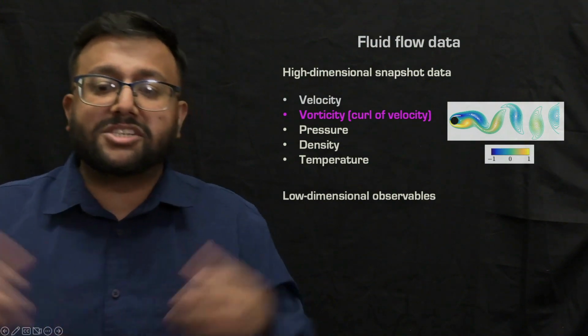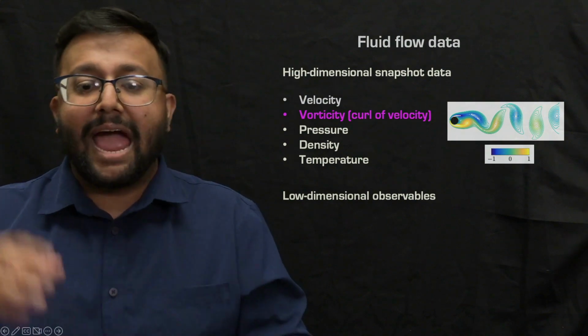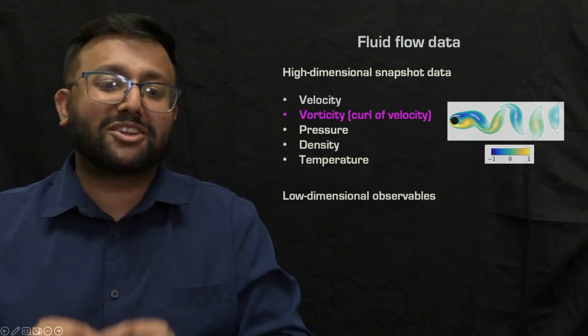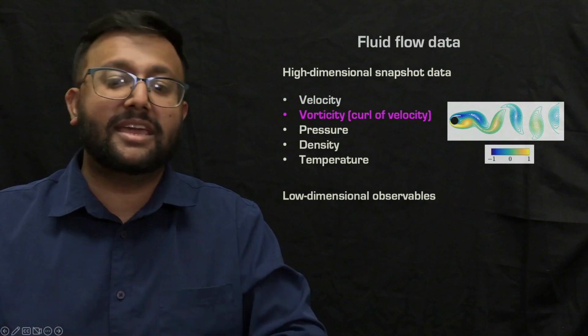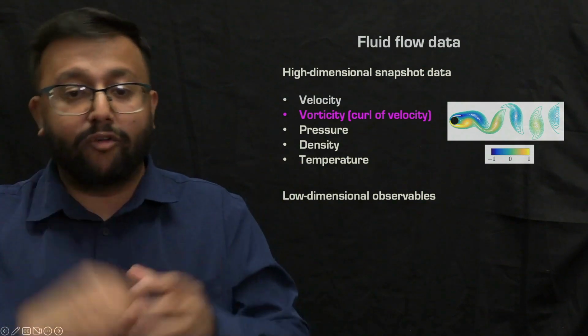These are all the different flow variables that are involved in the governing equations that you can extract as data. So shown on the right is a typical contour of vorticity in a flow past a cylinder, and you can see these different structures of yellow and blue, which indicate opposite signed rotating structures in the wake of this cylinder.